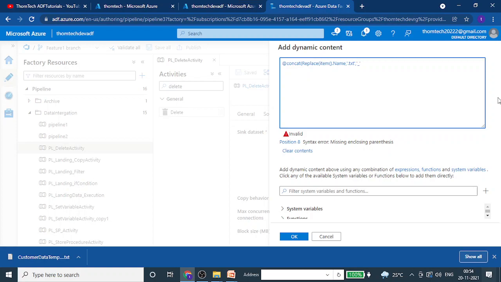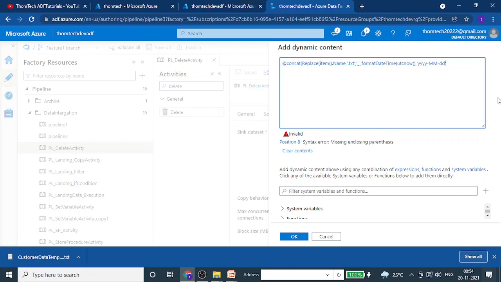this, comma, there will be an underscore and then we will be using format date time UTC now, comma, YYYYMM, comma DD.